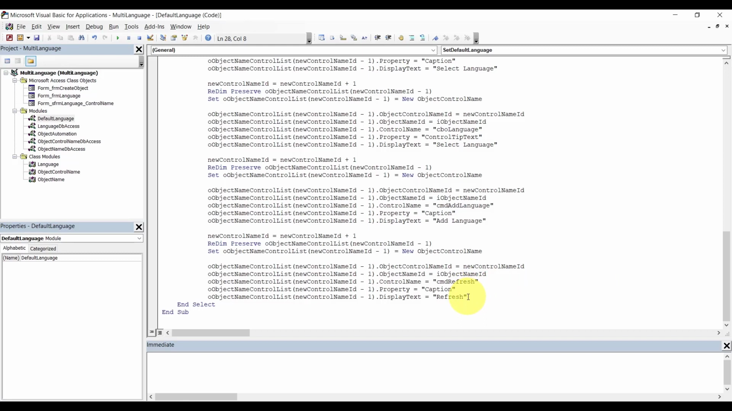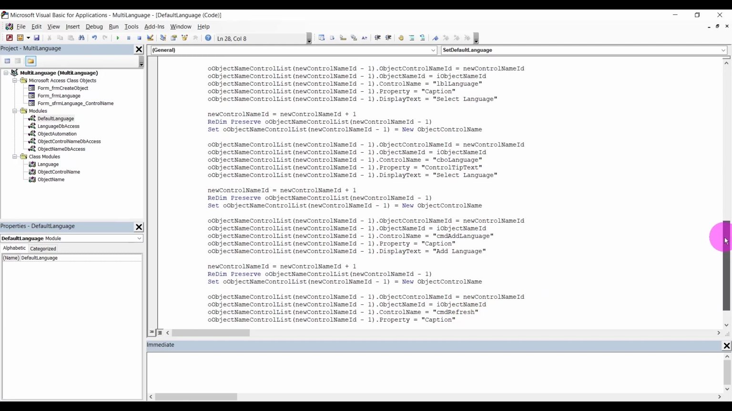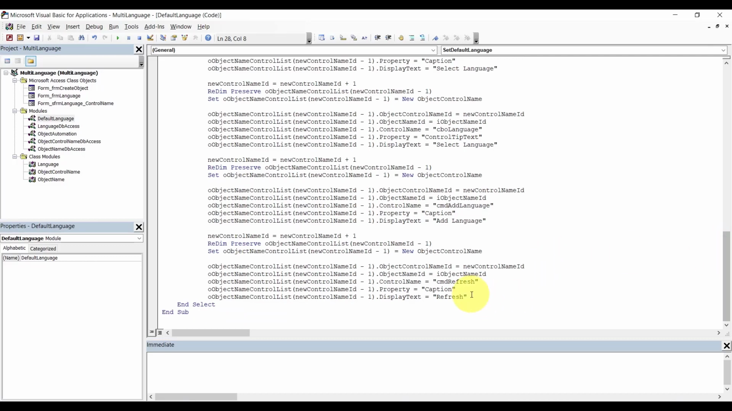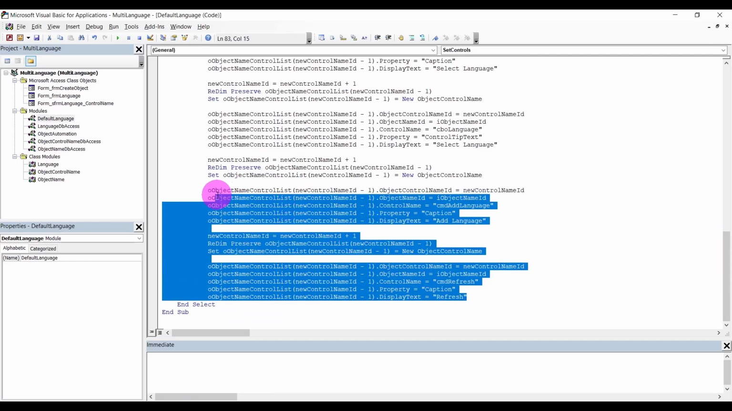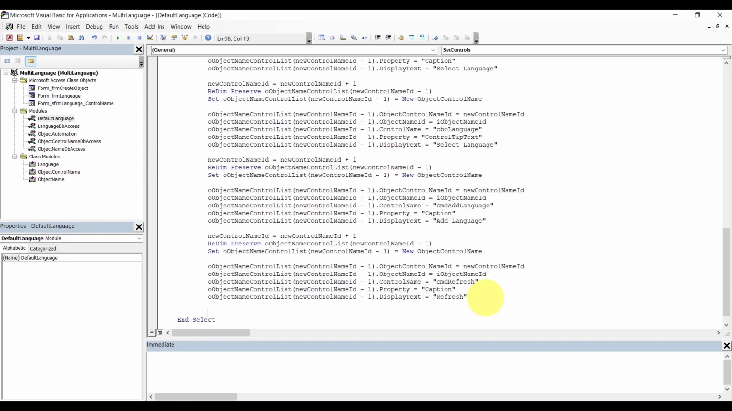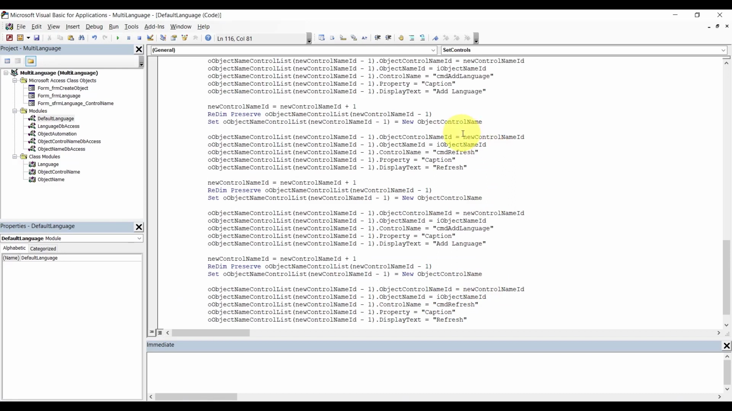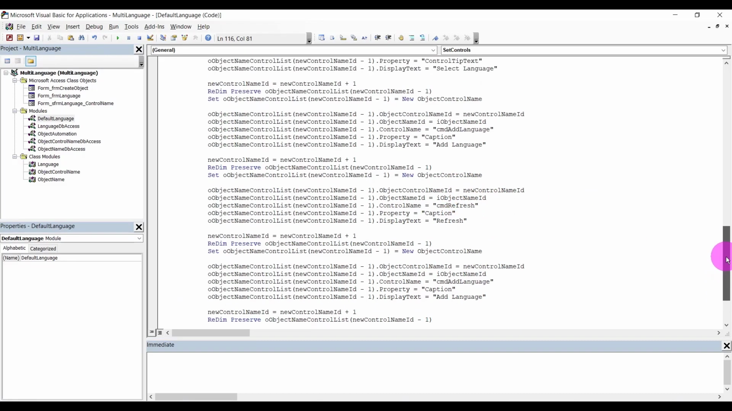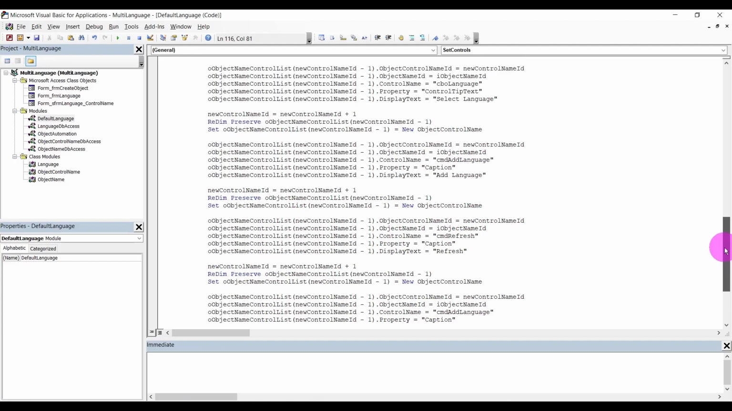Two more controls. I'm going to be in order here. Select language CBO. Yep, I'm going to copy these two guys. Copy, paste, and this guy, hold on just a second here, make sure I don't have, okay, right here, add language,